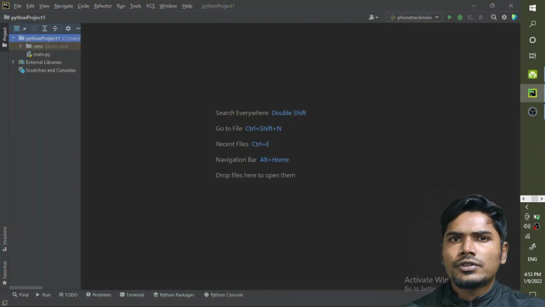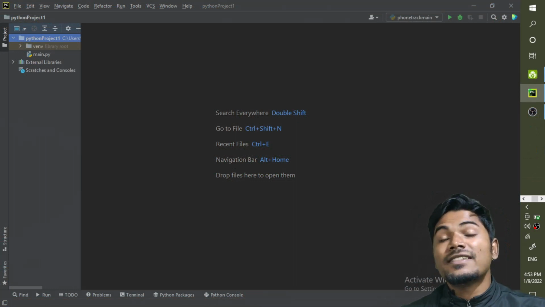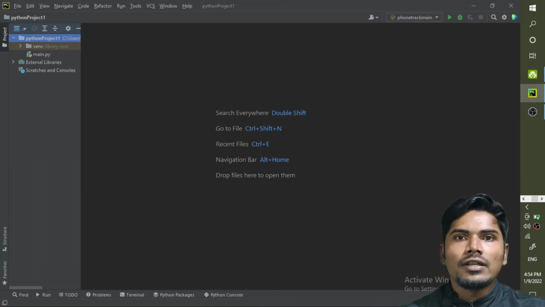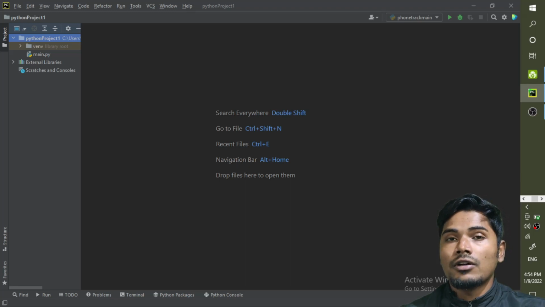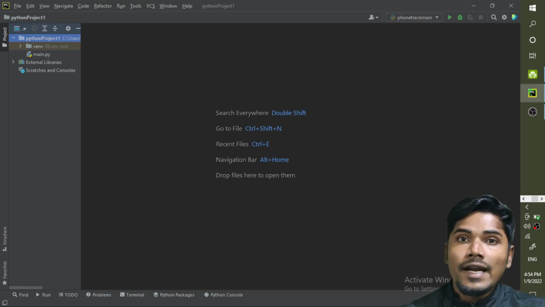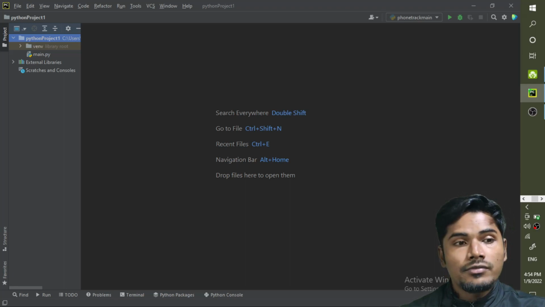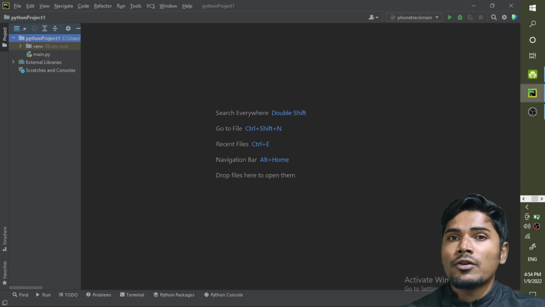Now we are going to start our project. Before doing that, you should know the basic elements of this project. You should have installed Python in your system. You should have installed a editor where you can write the program. I'm using PyCharm here. In my opinion, PyCharm is a good editor where you can write the program and store it in a file.